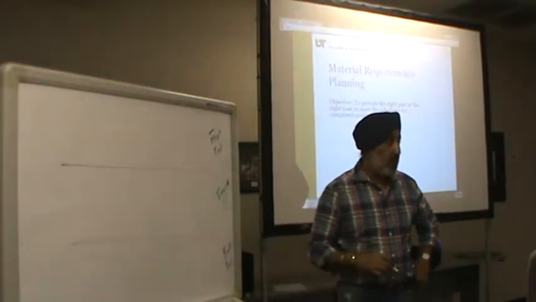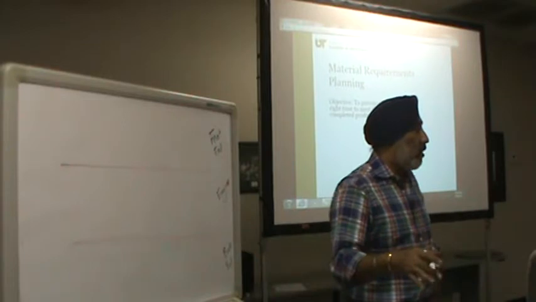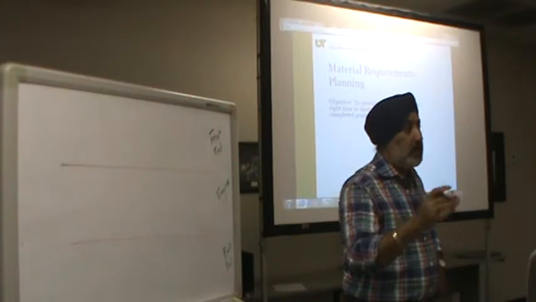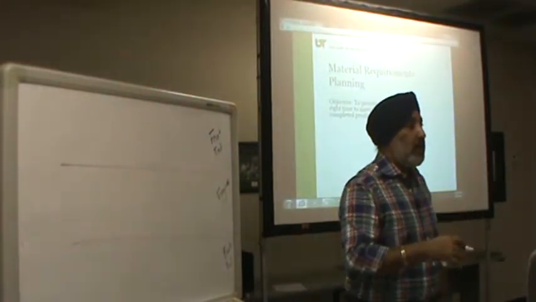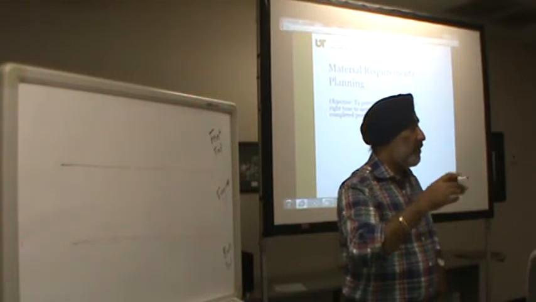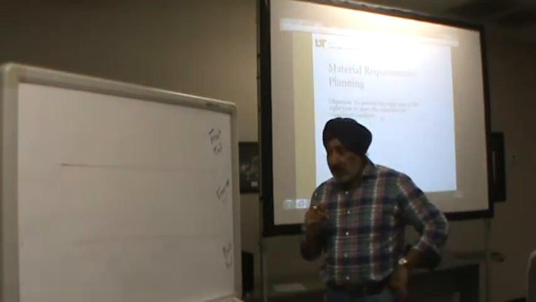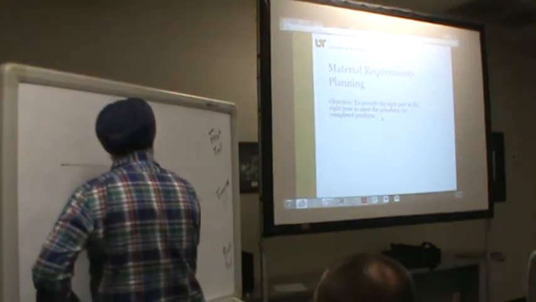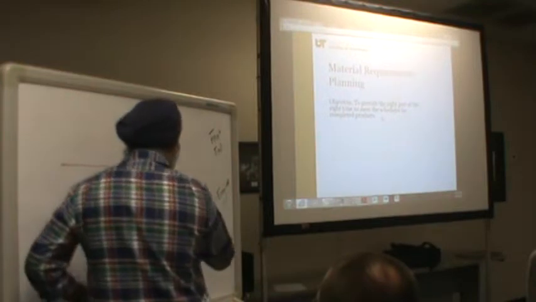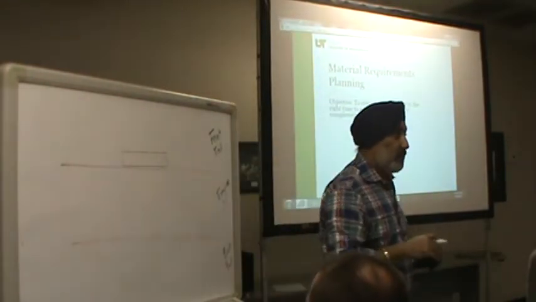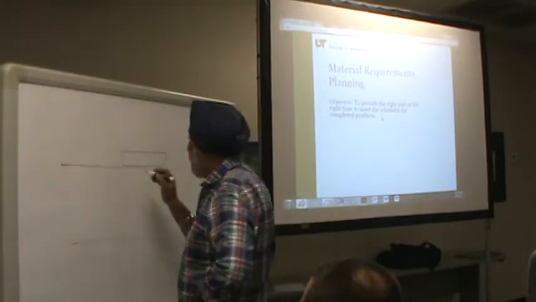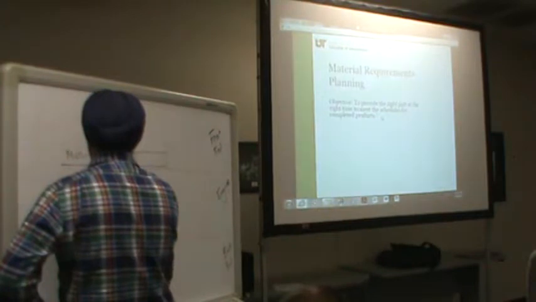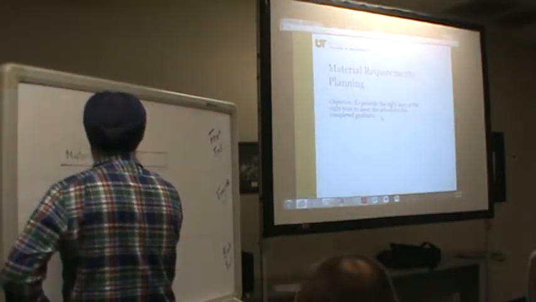The purpose of an MRP system, and all of you in all of your organizations have it. If you have SAP, it's part of SAP. It's part of the enterprise requirement planning. It's a component of the enterprise requirement planning. And what it does is it has multiple objectives. The objective on the front end is to develop something called a master production schedule.